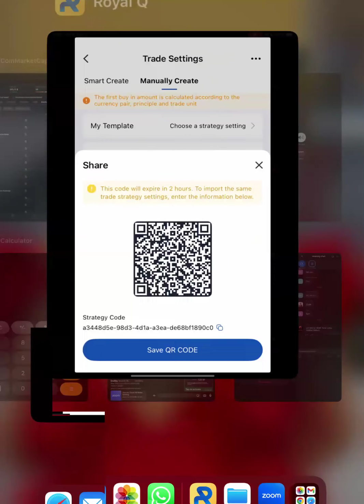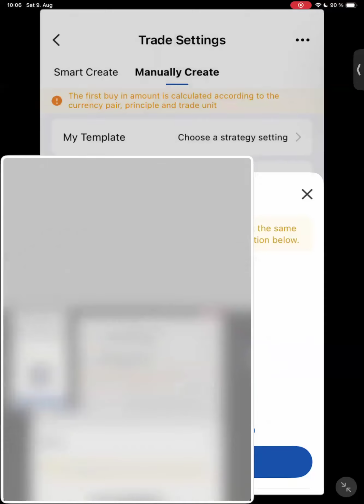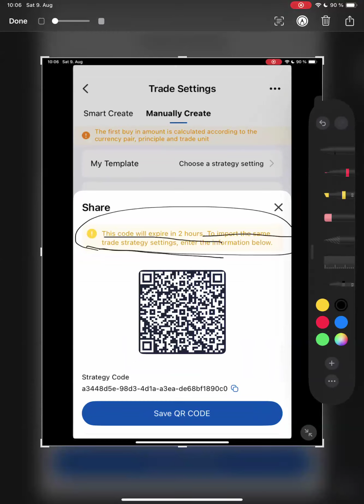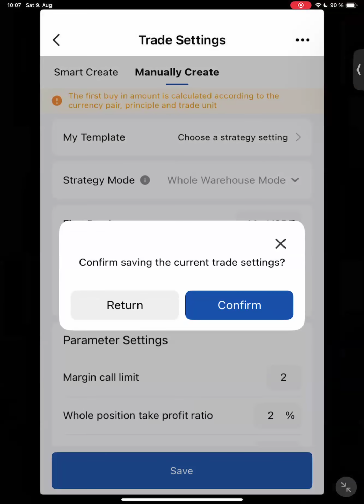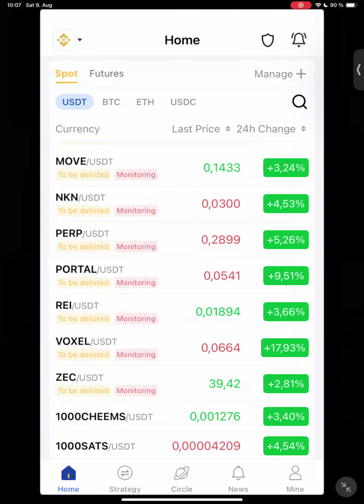Now let's note there is an information here that says, exclamation sign, this code will expire in 2 hours. To import the same strategy trade settings, enter the information below. Now, this new setting, I'm going to save it in another trade, okay? Let's say,